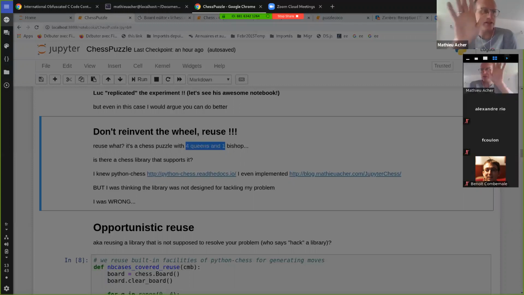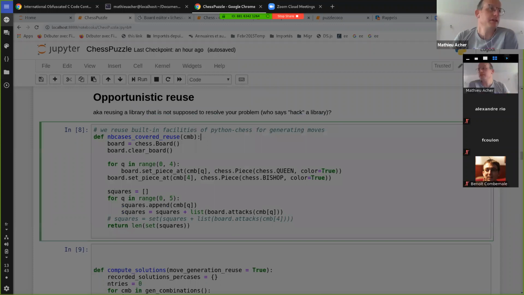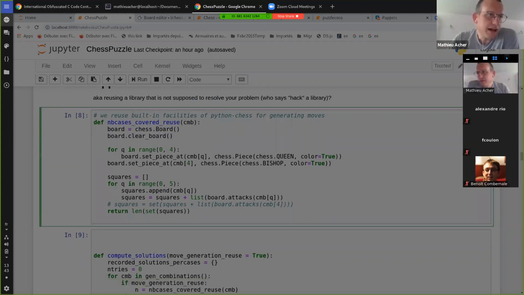Of course, the library was not designed at all for that, but you can somehow hack this library and you can quickly get an implementation. So for instance, here, the number of cases covered by all queens is just this number of code, right? You initialize a board, you can clear the board, meaning that you can remove all pieces. You set the piece, so queen, a bishop, and then you have a nice method, which is called attacks, that returns